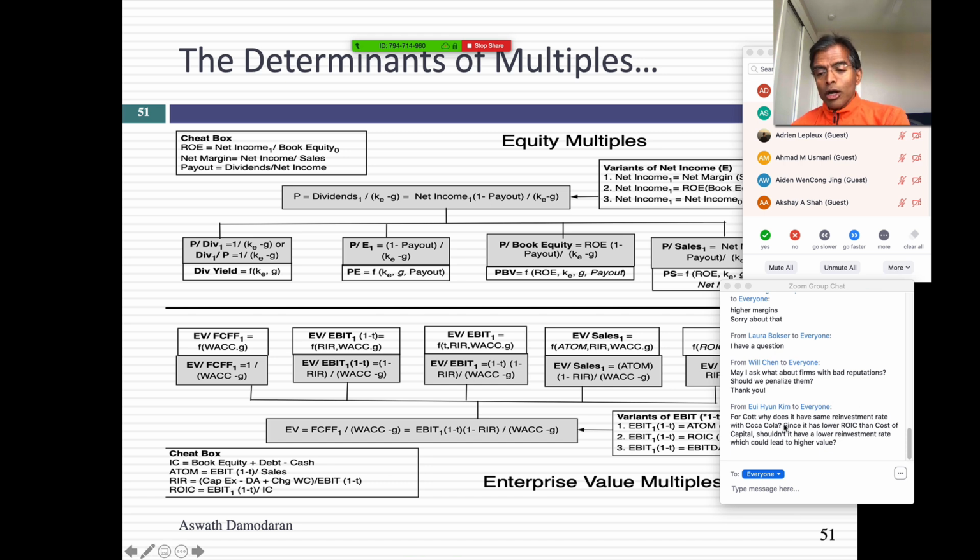Why it's not COT: basically, it's Coca-Cola with COT's margin. So don't think of this as Coca-Cola versus COT. It's Coca-Cola where only the margins have been changed to reflect the fact that it has lost its brand name. Because valuing Coca-Cola versus COT, I'm going to get two different values. They're two different companies. So what you're doing is you're taking your company and asking a what-if question, which is, what if I lose my brand name? And if you lose your brand name, I'm assuming that the only thing affected is the margin, and everything else about your company stays as is.